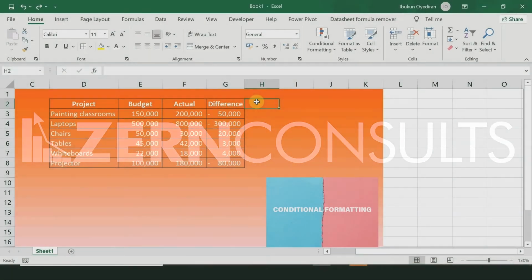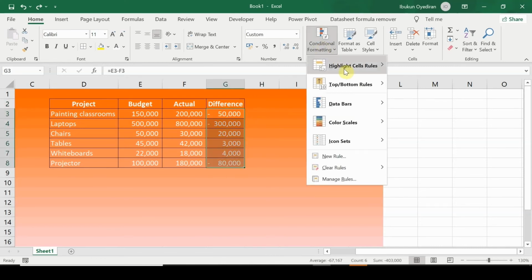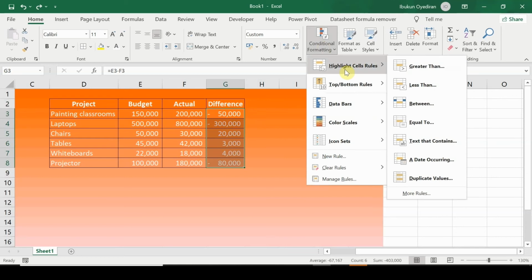Welcome to today's lesson. I'll be talking about conditional formatting. I'll be showing us a different approach of applying conditional formatting to our project or dataset. I know we are familiar with the inbuilt function of applying conditional formatting by dragging down on our active cells, then going to conditional formatting and applying the formatting we want on our project.